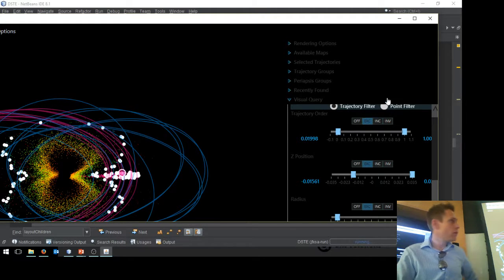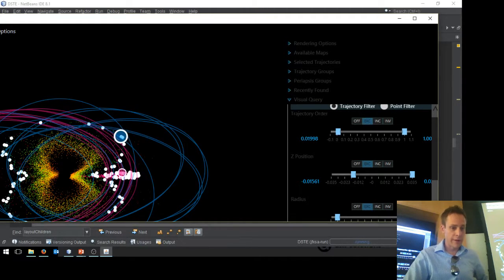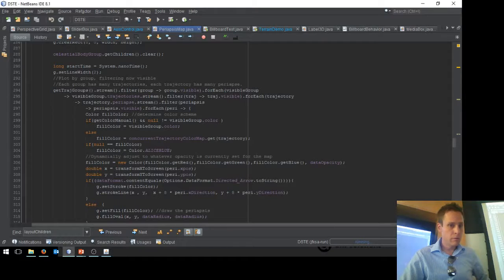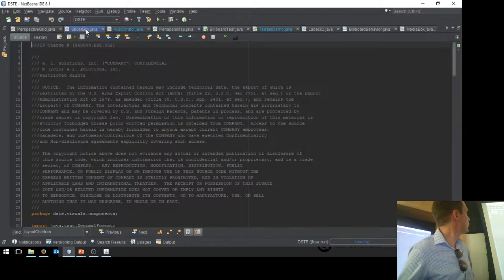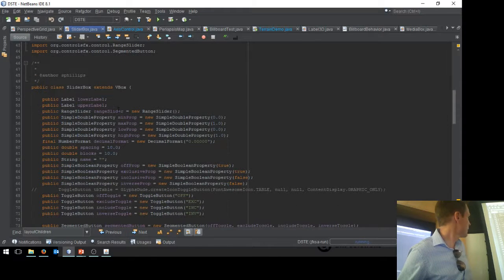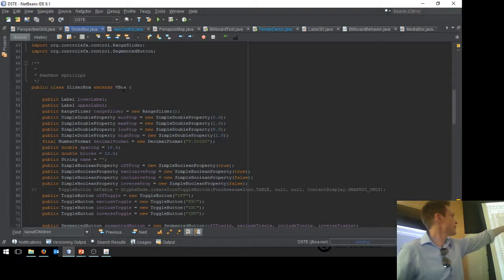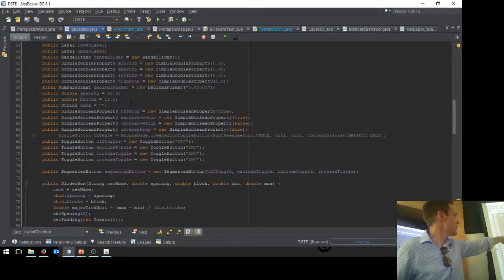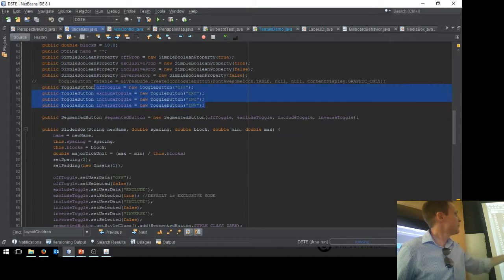So what does that look like? What does this slider box look like? It looks like this. Where are we? Is this the code? Yes, that is the code. Slider box. Yeah, this is our code. You can't have it. It's just a VBox. And then inside of it, I've defined some buttons,